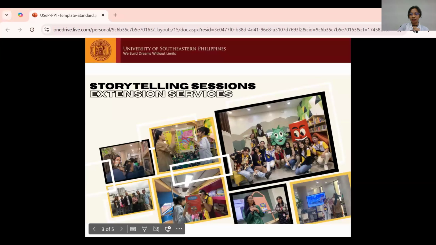For the storytelling sessions, during our internship as well, we conducted storytelling sessions for children and residents from different districts. We held these within the library and in open spaces, like I said, the tugkaran, such as basketball courts, with our mobile library in tow, because basketball courts are also considered third spaces where children can play in the communal space. We actually went through a screening process each, since there are different factors that influence storytelling: the inflection, the delivery, as well as keeping the children interested and engaged throughout the storytelling session.